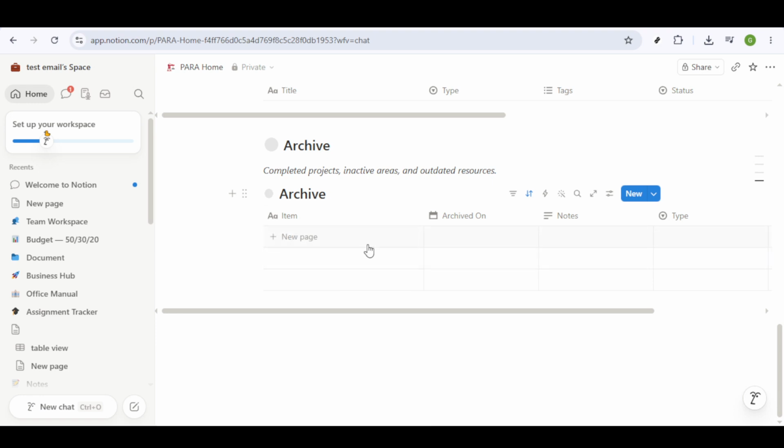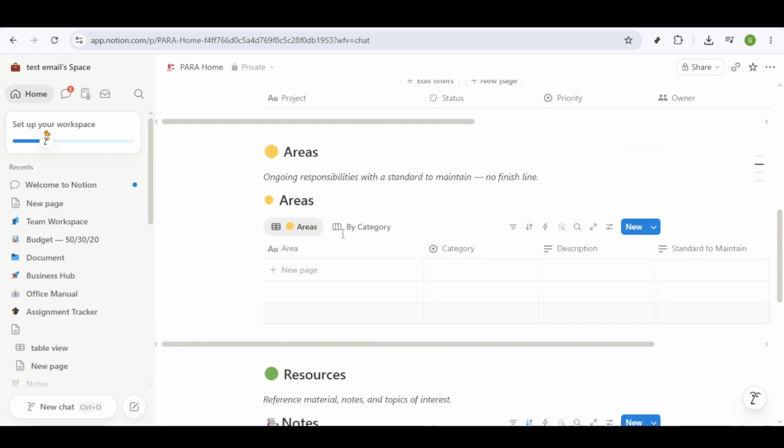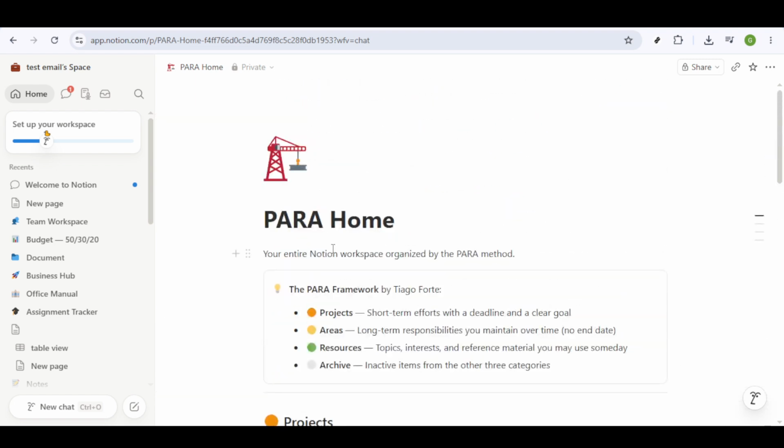By categorizing your digital life into these 4 practical segments, you create a neat and efficient system that reduces clutter and helps elevate your focus on what truly matters. Not only does it streamline your workflow, but it also clarifies priorities and manages expectations for both ongoing responsibilities and upcoming tasks. When integrating the PARA method into Notion, be clear and consistent with what type of information goes into